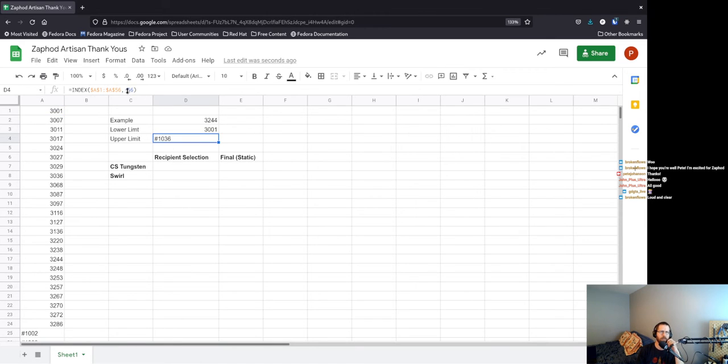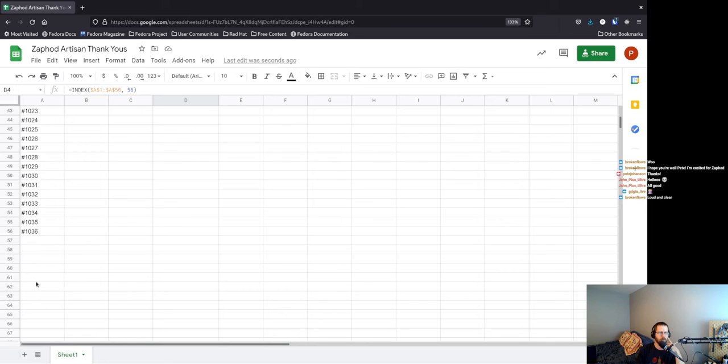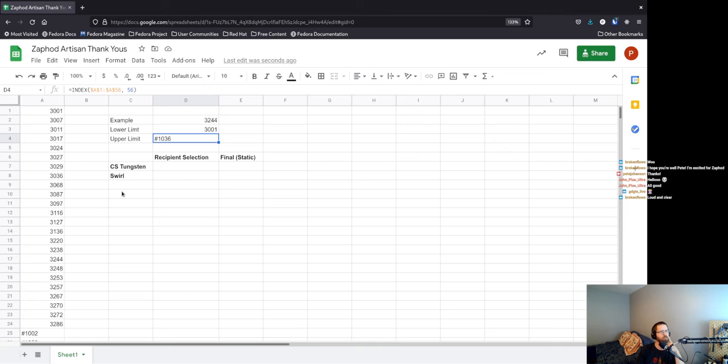Upper limit here, just to test that as well. If I pick that 56 number, I get order number 1036. And lo and behold, that is my 1036, my last order from my store. So that is the index function and what it's doing. Here's the random one. For instance, if I were to copy this and paste it somewhere else, these dollar signs give me another example of a random order number from the set of all the orders from the EU and from the US shop.